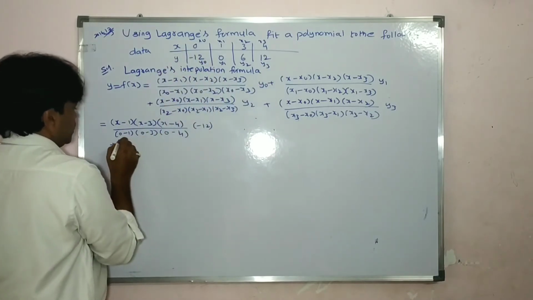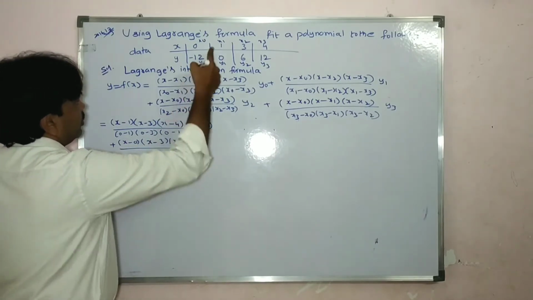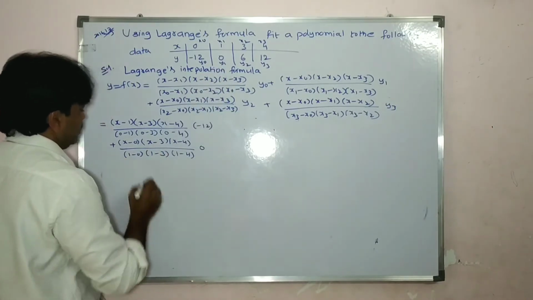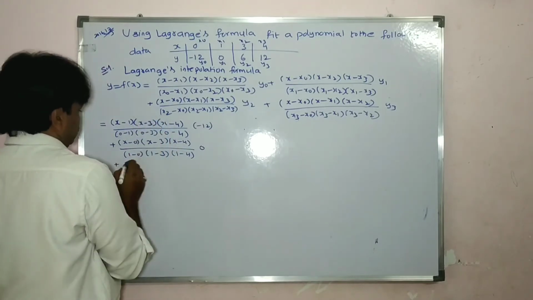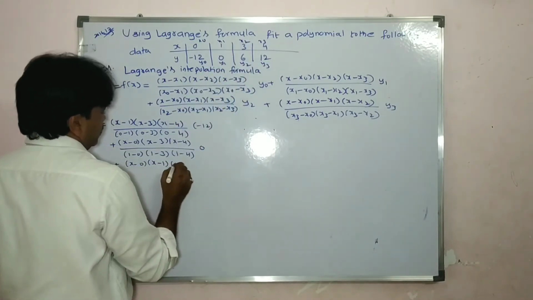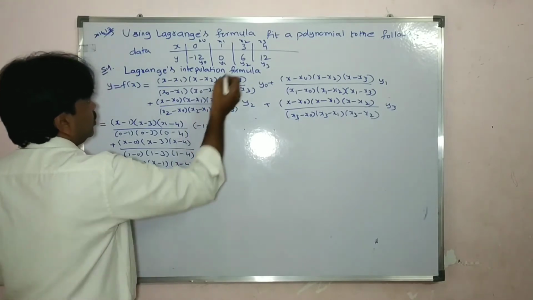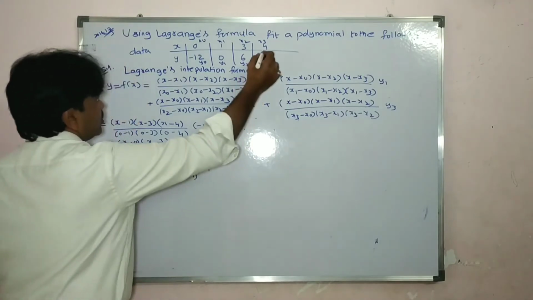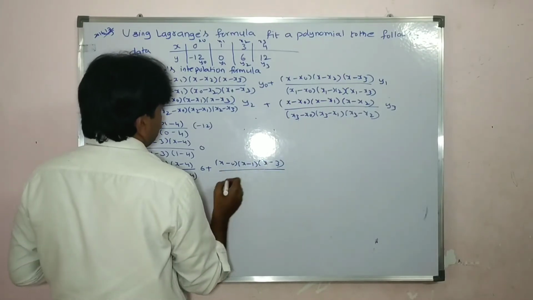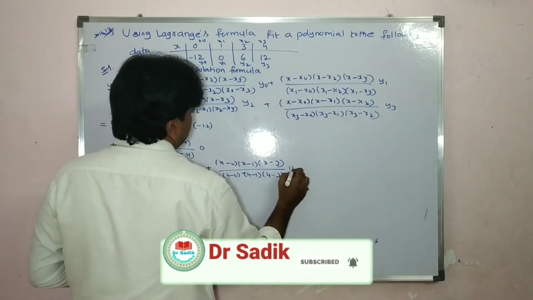second term, x minus x naught, so x minus 0, x minus 3, x minus 4 divided by, you write 1, so 1 minus 0, 1 minus 3, 1 minus 4 into y1 value is 0, plus third term, x minus 0, x minus 1, this time skip 3, so x minus 4 divided by, we write 3 in place of x, so 3 minus 0, 3 minus 1, 3 minus 4 into y2 is 6, so plus, this time skip 4, so x minus 0, x minus 1, x minus 3 divided by, write 4, so 4 minus 0 into 4 minus 1, 4 minus 3 into 12, so that is equal to,